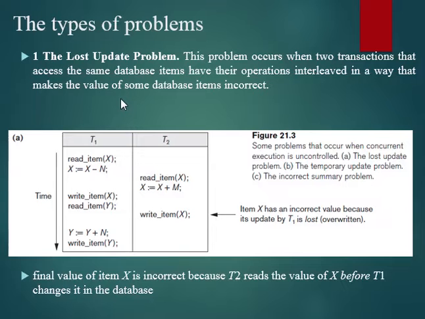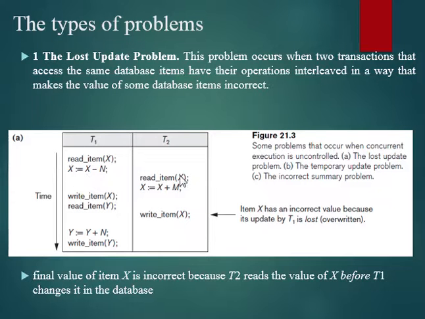So what is the problem in this sequence of execution? Here you have the lost update problem. Look into the case of T1. Suppose T1 accessed the item X and updated the value of X, but before transaction T1 writes the updated value of X back into the database, T2